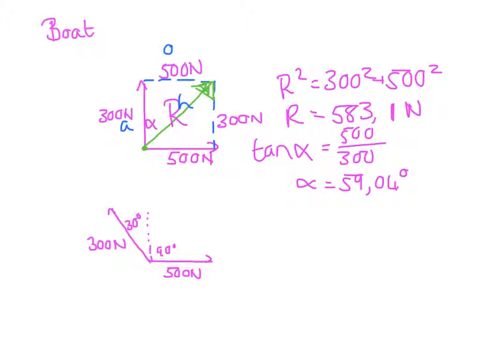So if I know the opposite and the adjacent, I can use tan, and I get 59,04 degrees. Make sure that you can do this on your calculator. Fairly simple and straightforward. What if I say